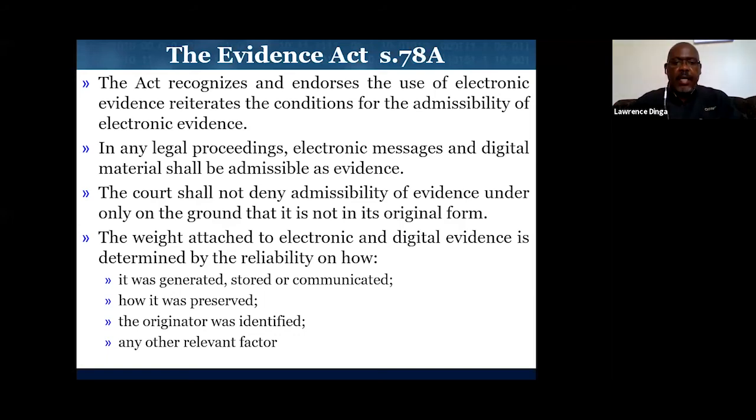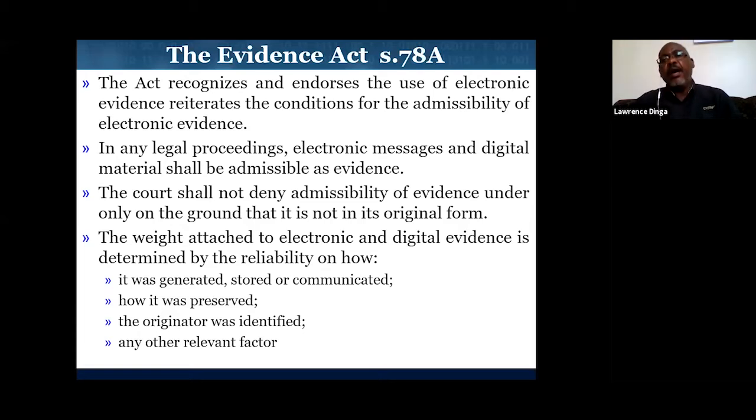In any legal proceeding, electronic messages and digital material shall be admissible as evidence. So you can see it deals with electronic messages. So if it is WhatsApp, whatever, it will be dealt with using section